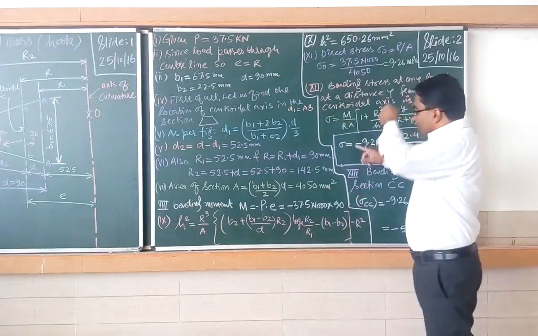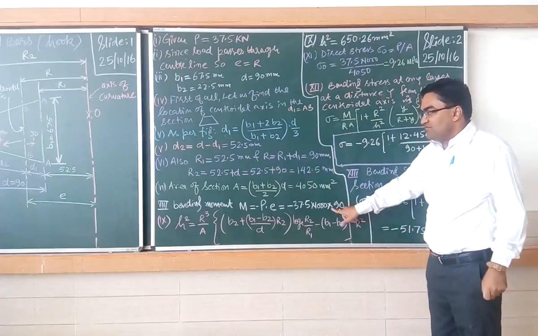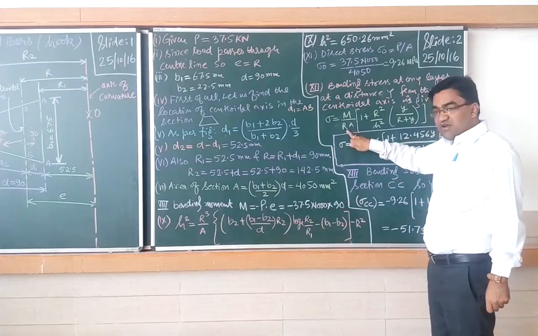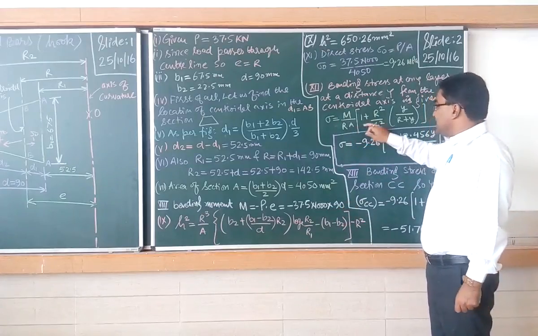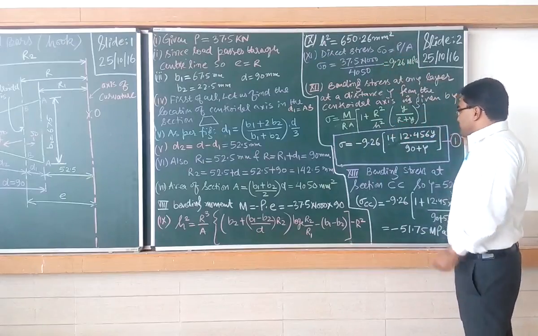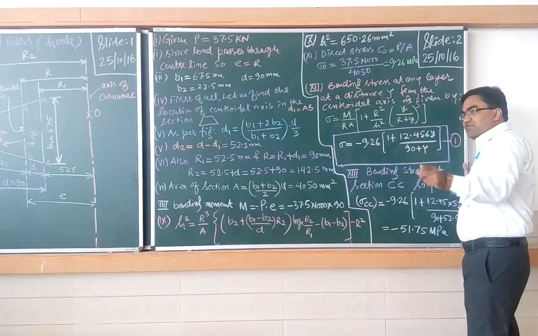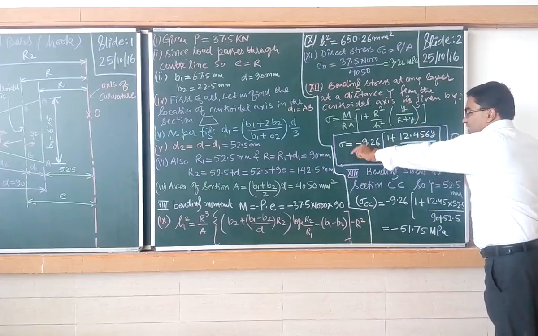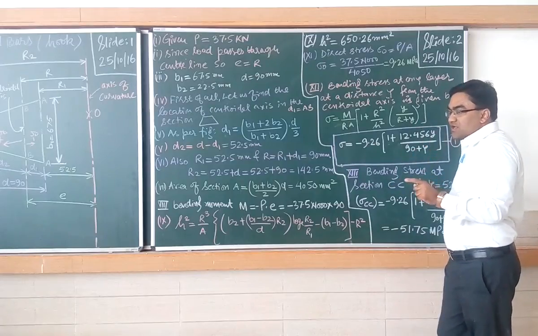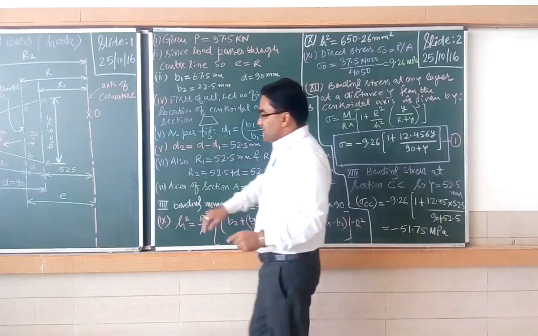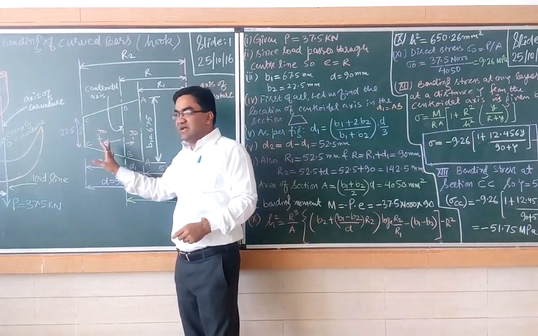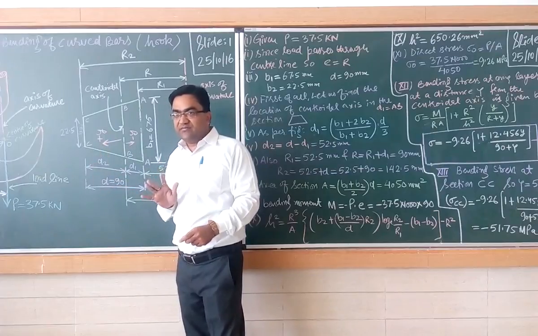Now, after putting the value of m from here, m का वैल्यू हमने निकाला हुआ minus p into e से, r का वैल्यू हमें पता है, a का वैल्यू हमें पता है, h square का वैल्यू हमने निकाल लिया उधर से। After putting all these values except y, I have kept y as it is. So I have been able to make a generalized equation for this particular thing. If I need to find out the bending stress at any point above or below this centroidal axis in the curve, I can do it.